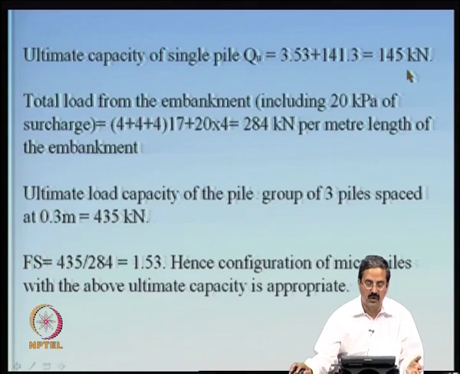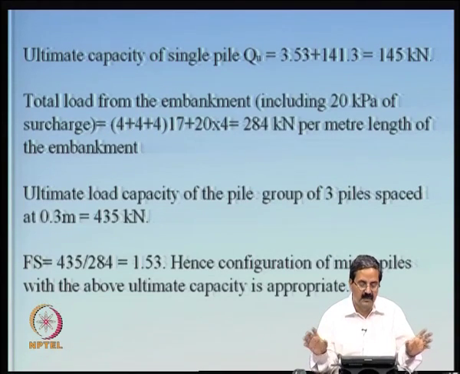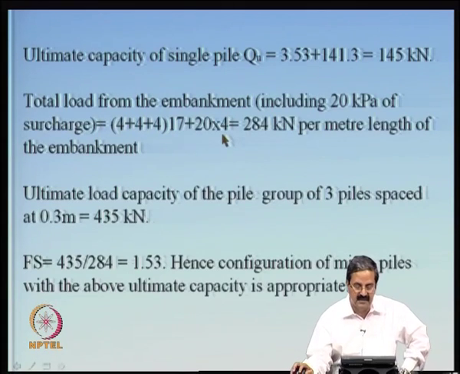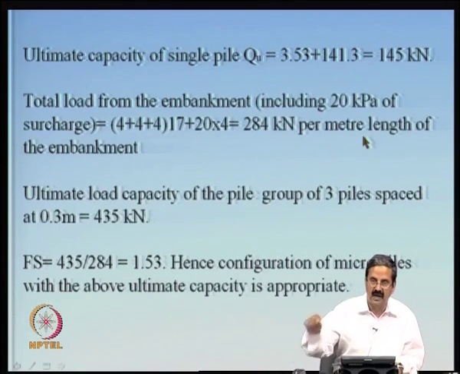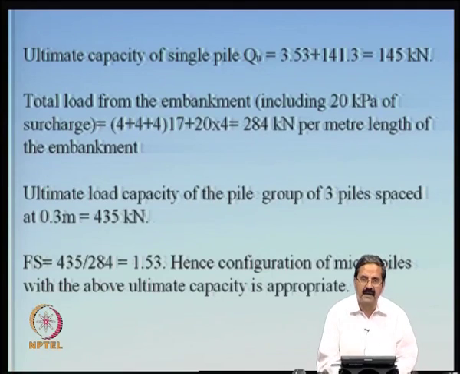Once you have the total load, we are trying to calculate the single pile capacity, say for example 145 kilonewtons. Then assume the embankment is about 4 meters wide and has a 1:2 slope. It has that 4 meters, and then the unit weight is this much and the surcharge is this total load. So, I calculate 284 kilonewtons as the load per meter length of the embankment. I am not using any load distribution factor here, I am just assuming 20 kPa working on that, and then it has a side slope. I am just calculating the total load that is coming on the base of the embankment.